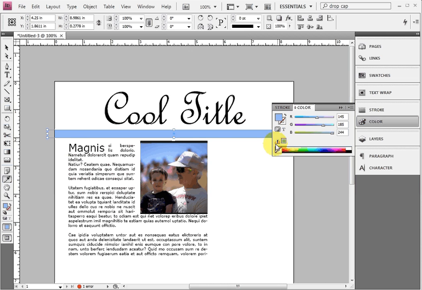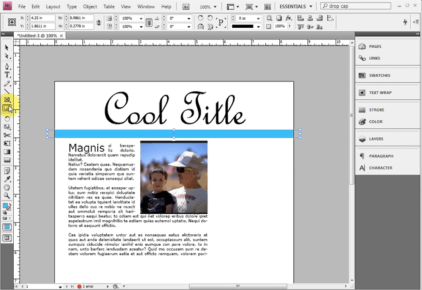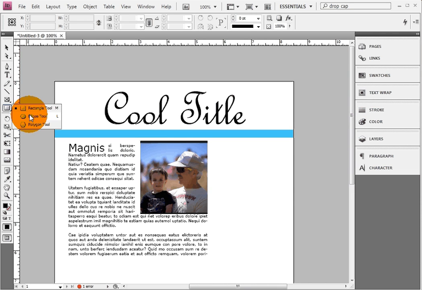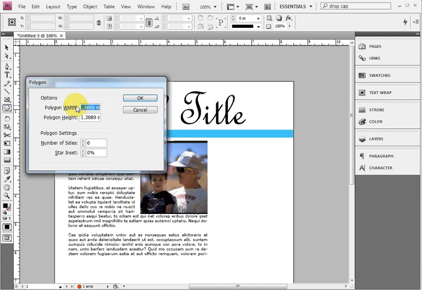You could use the pen tool and fill it in with the same color. I'm going to change this to CMYK, and you'll see there is a slight color shift when you change it to CMYK. So just know that it happens, and that's creating a shape. And just like in Illustrator, if you create a shape and you just click on the background, you can actually choose the options. So if you were to do a more advanced shape like the polygon tool, and you wanted to create 20 stars